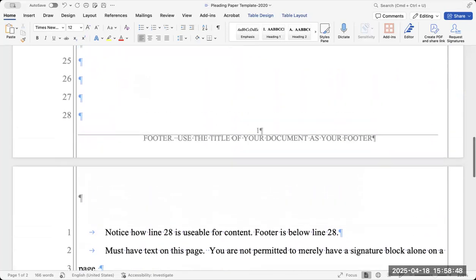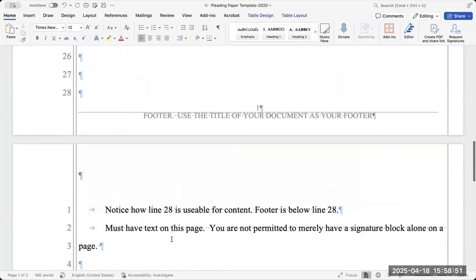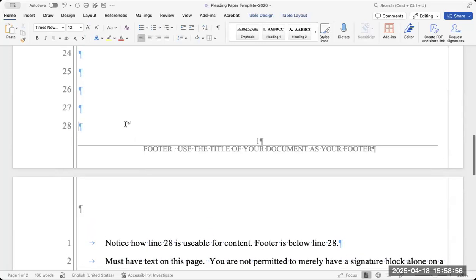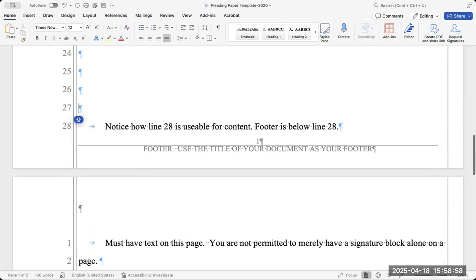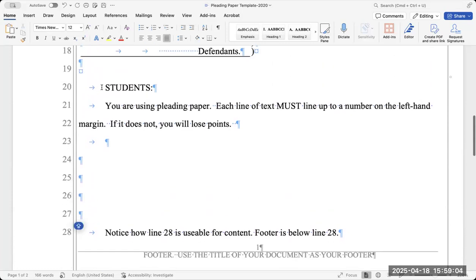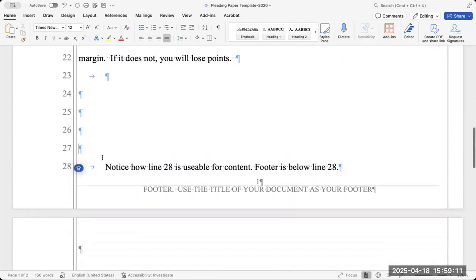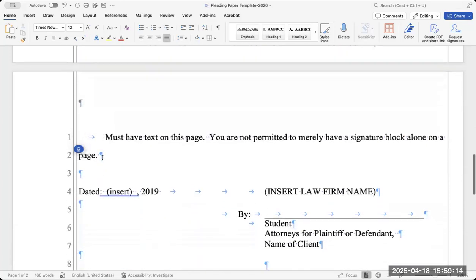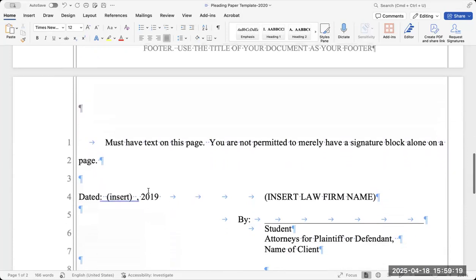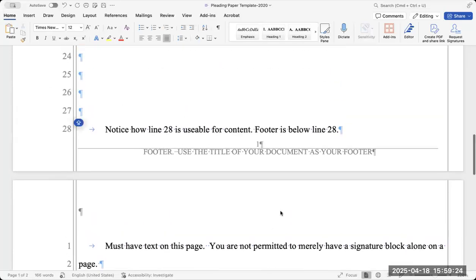Okay. And again, as it says, line 28 is usable for user content. If we hit a delete here, we're back. We have line 28. So we always want to start our pleading on line 20 here, and then fill it in. Okay. As the template says, you always must have text on a page that contains a signature line. If, for instance, you didn't,